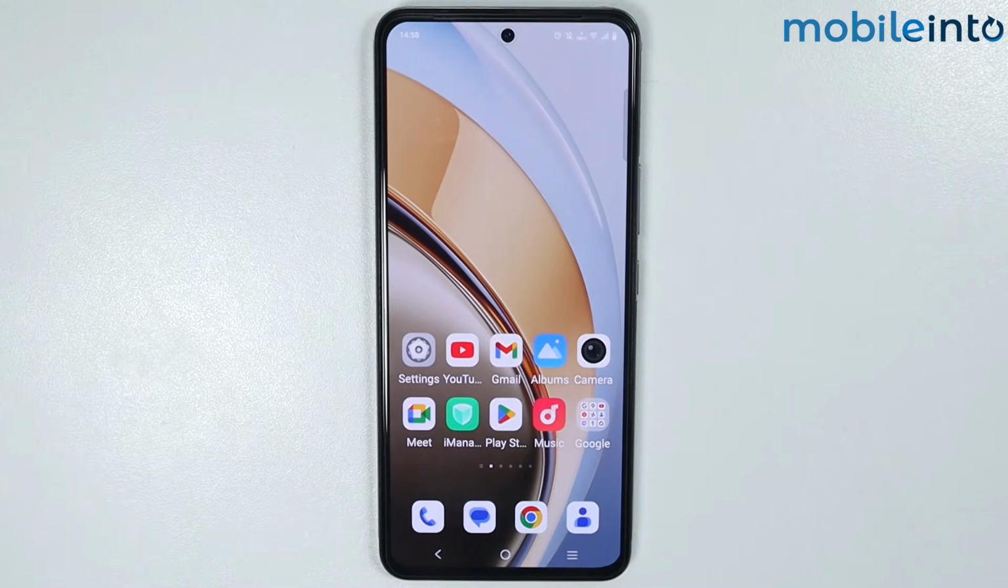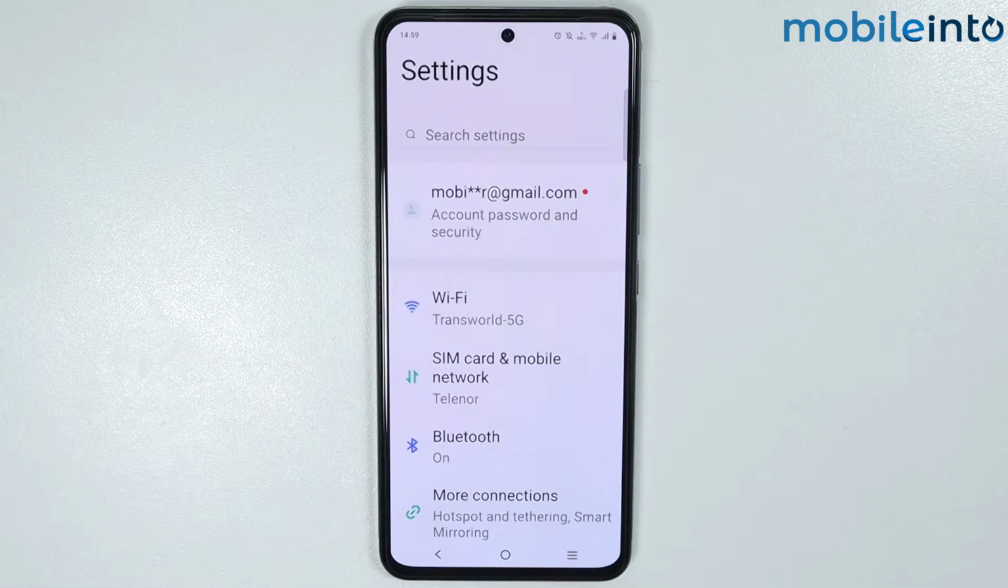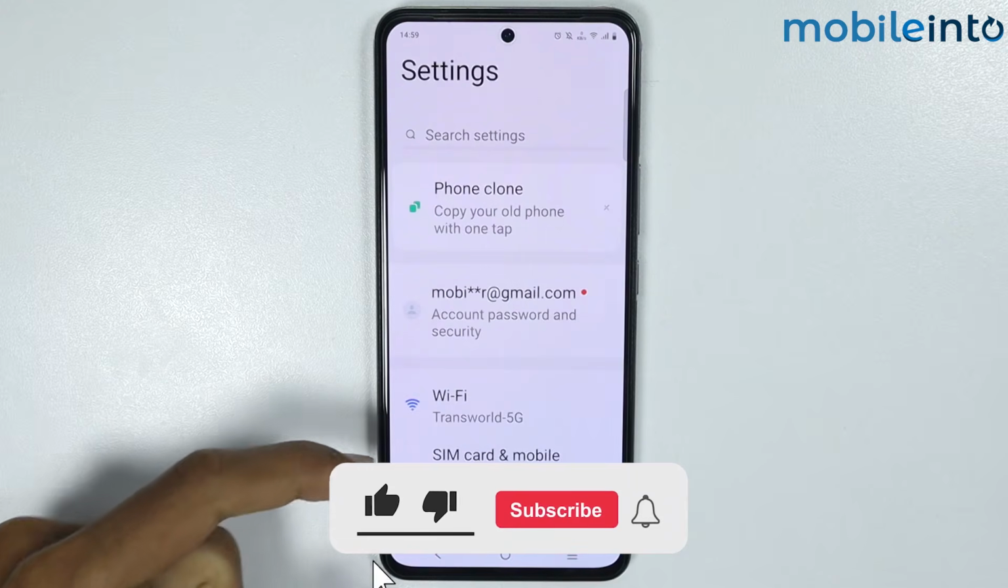Hey, what's up guys? So in this video we will see how to remove ads on any Vivo phone. Now to do that, just open the settings app on your smartphone, then scroll down